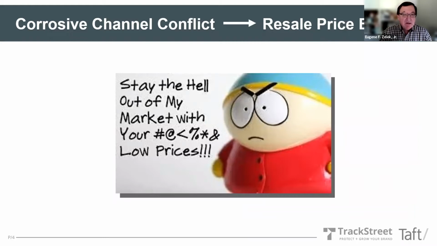The first question is, okay, why do we even talk about pricing policies and why are they used? And the reason is what I call corrosive channel conflict. Corrosive channel conflict typically arises when you have resellers with different costs of doing business. And those that can offer lower prices because of lower costs of doing business often do, particularly a phenomenon on the internet. As a result, this causes prices in the market to drop. In other words, they're eroded. The price that end users pay is eroded, which can cause all kinds of issues.